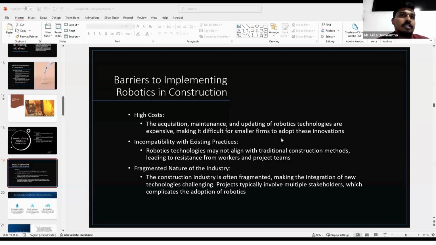So the other thing is incompatibility with existing practices, right? So while we are using that,